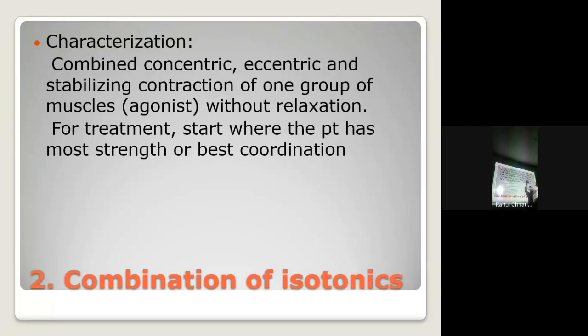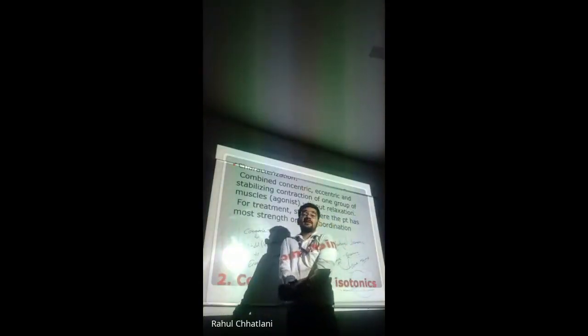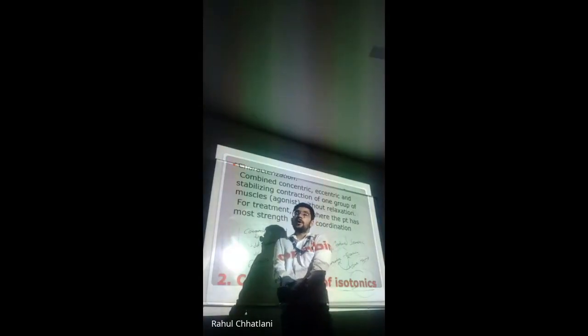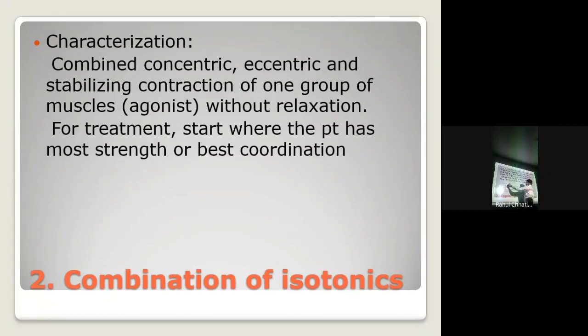Important term here is without relaxation, there should be no phase of relaxation in between. All three contractions should happen together. All the three contractions should be simultaneous. Concentric, hold it, isometric contraction, and then push. Maximal force should be given so that we can overcome the patient's strength, and we go for elbow extension, even though the patient is trying to do elbow flexion. Yes, so that is what is eccentric contraction. So when you follow this concentric, hold, that is isometric, and last eccentric, it is termed as combination of isotonics.